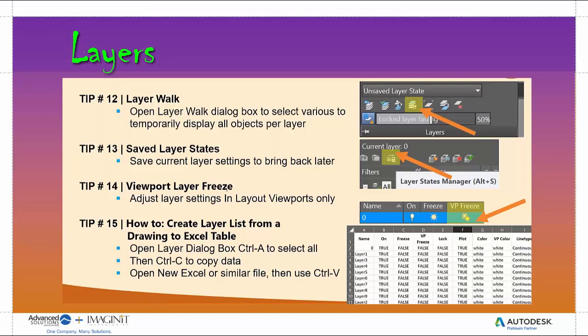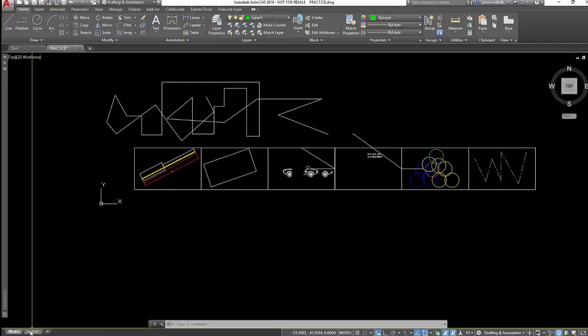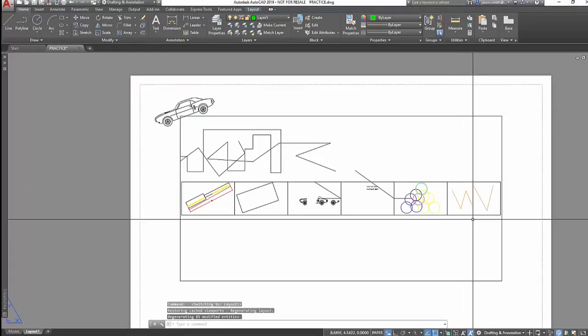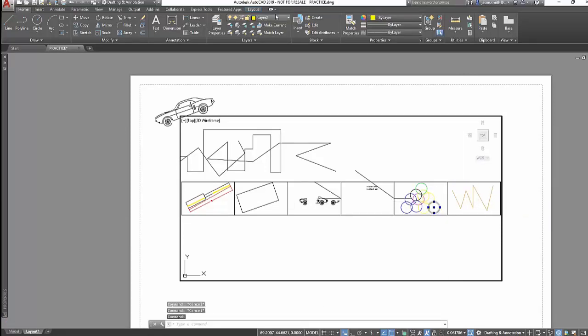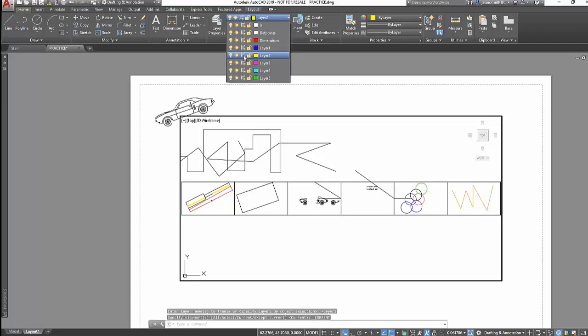You can freeze individual layers inside of an individual viewport one at a time, allowing you to have more graphical control within your drawing. If I go to a viewport here, zoom out, select maybe this layer right here, layer 2 with these yellow lines, select that drop-down list, and I have 3 options here: turn on or off completely, or freeze and thaw in all viewports, or freeze and thaw in current viewport only. If I click this one to freeze that